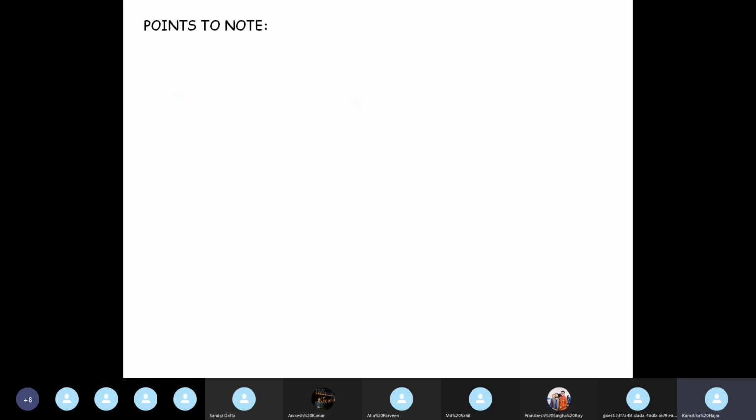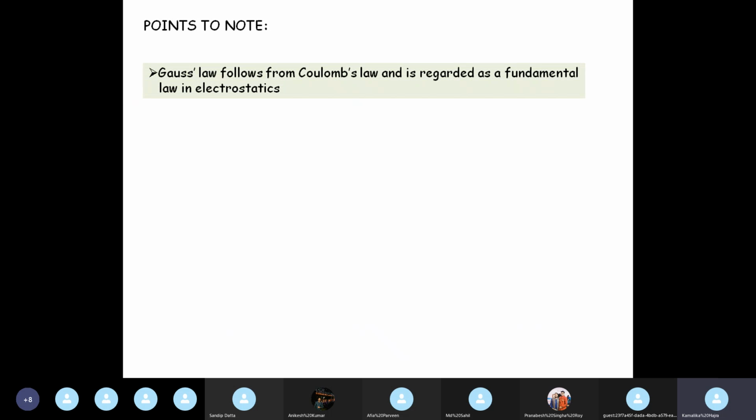Now let us note down a few points about Gauss's law. First of all, Gauss's law follows from Coulomb's law, and it is regarded as a fundamental law of electrostatics. Just like when you were younger in school, electrostatics meant Coulomb's law. You have always related electrostatics to Coulomb's law: force between two charges is the product of the charges divided by the square of the distance between them. But we have to remember that Gauss's law is derived from Coulomb's law, and it is as fundamental as